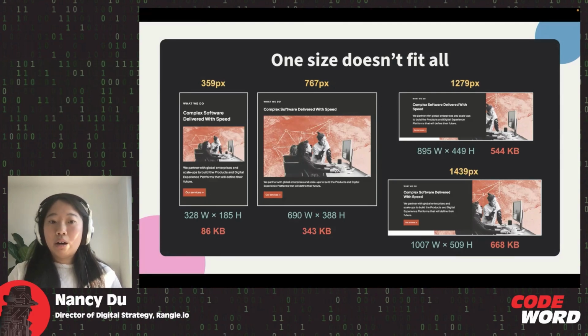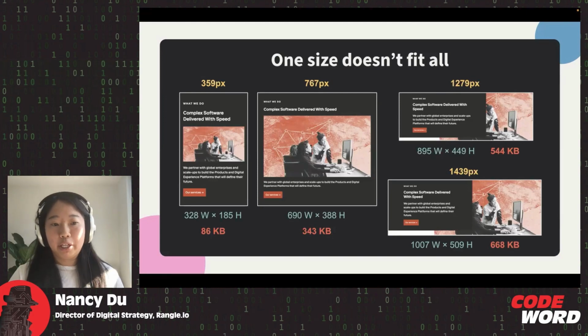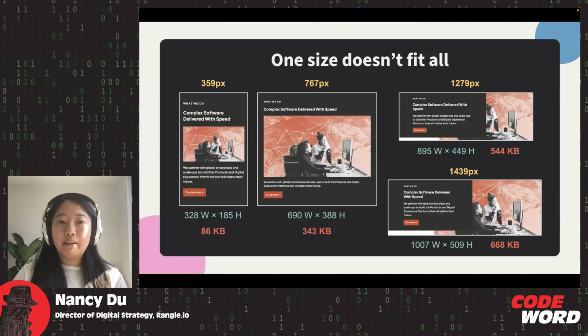And from there, for every component that has any sort of image in them, we're specifying the width and height for each of those breakpoints. I tend to like to use the highest breakpoint just so that we're providing the highest quality image for that particular breakpoint. So for example, for anything 767 and below, we're going to be using this second image